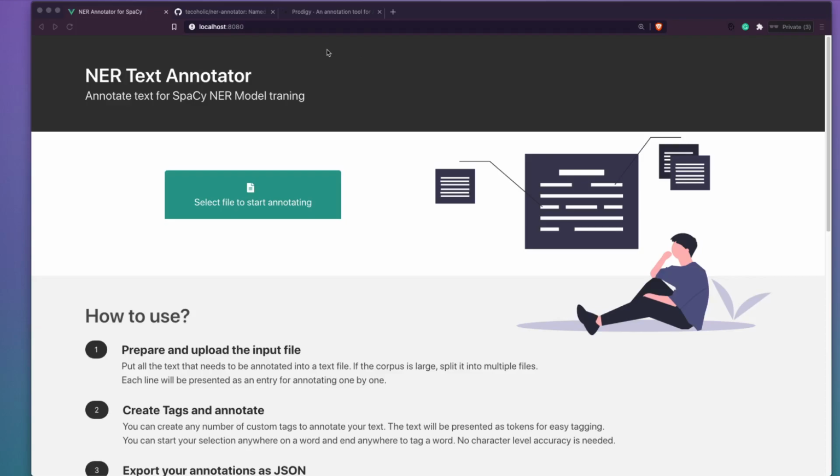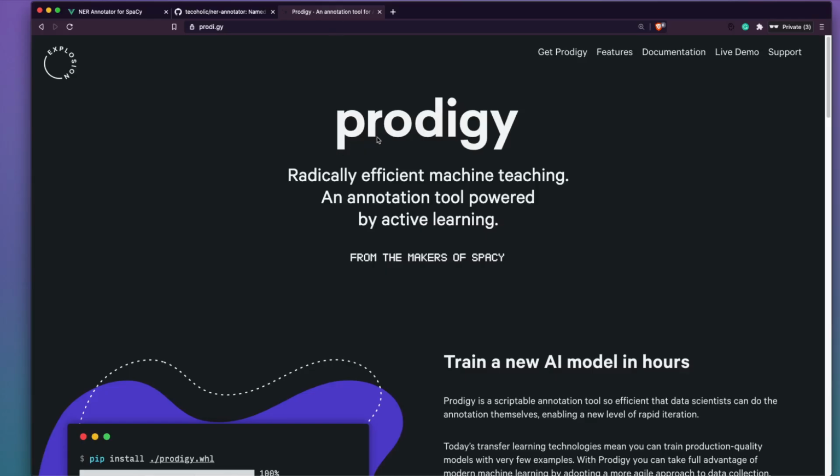For example, this happens a lot in the finance domain, where you have certain things that are not covered by any pre-trained model, so you generally annotate your text and then train your model or extend your existing model. But there are not a lot of open source alternatives. One of the best tools for that is Prodigy, from Explosion, the company that makes Spacy.